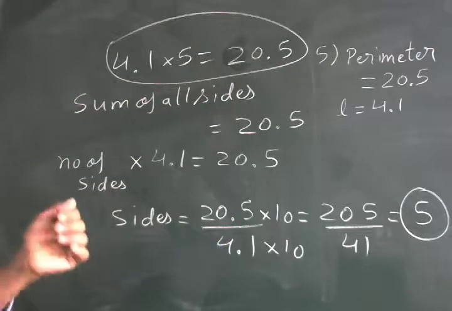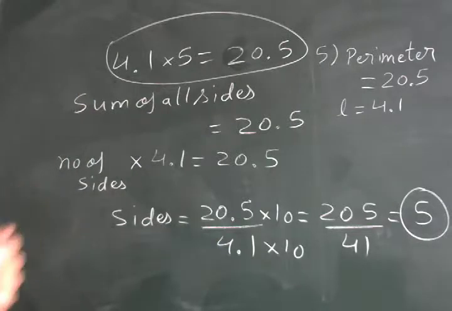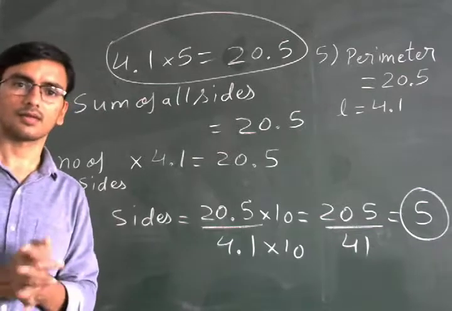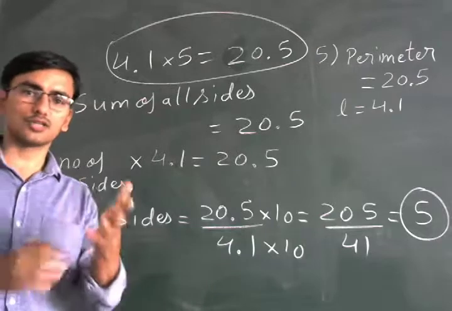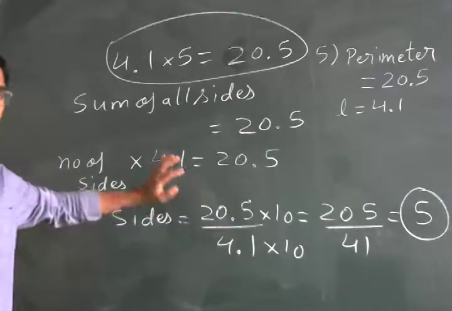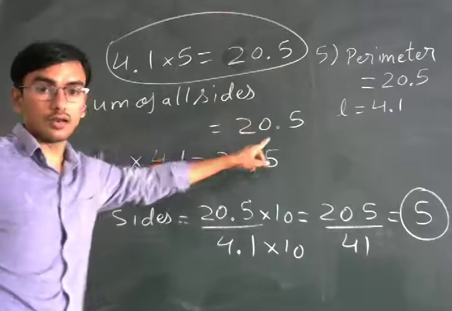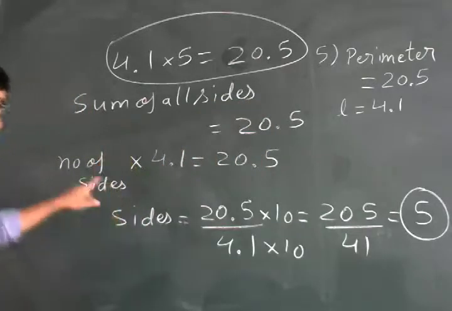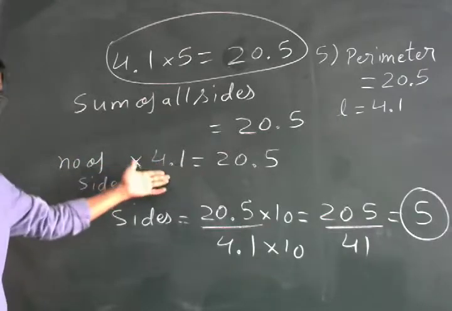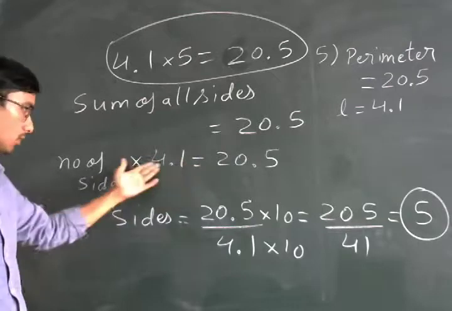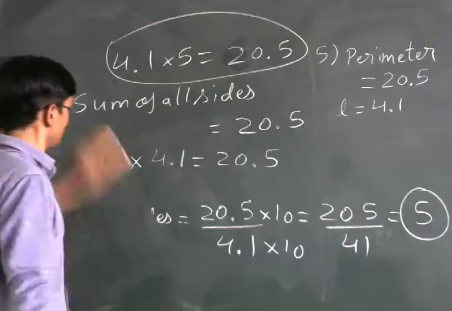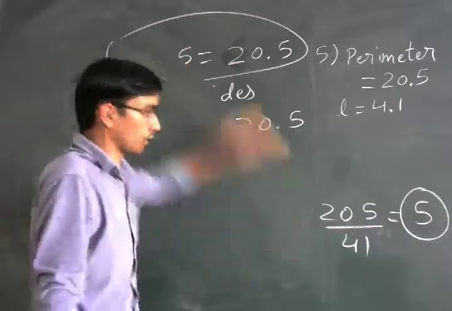So I don't know the question, so I cannot answer. What? I didn't attend the exam or the test you said, so I don't know. Fine, then also you just try. It's a basic thing I think. Again, you probably know division of decimals, right? When the total is given and one side is given and we are asked the total number of sides, I already wrote here: what should you multiply by 4.1 to get 20.5? The opposite of multiply is divide. We divided, so there are 5 sides. The answer to the fifth one is pentagon.